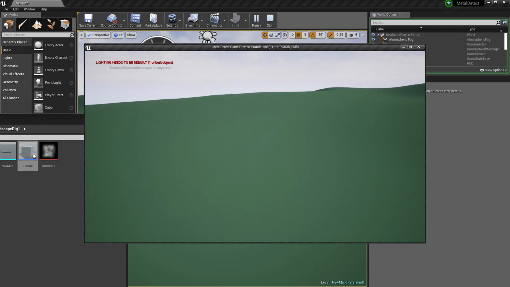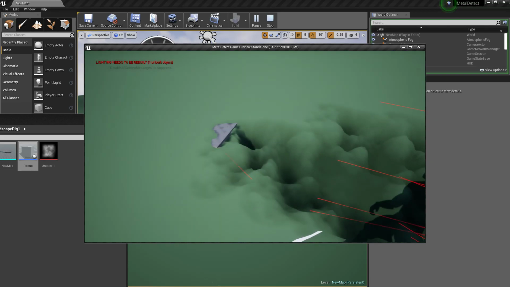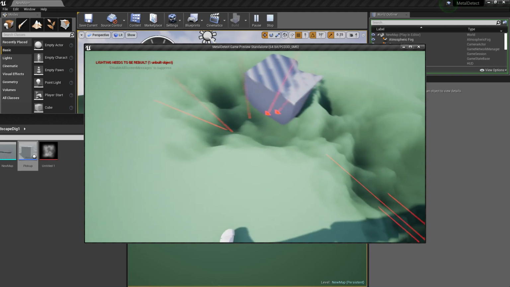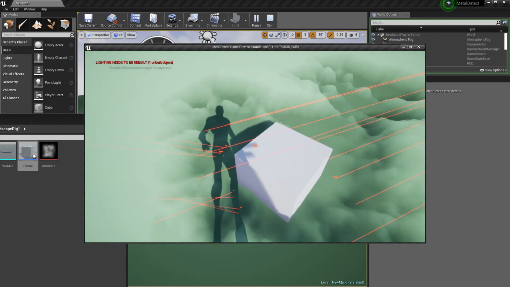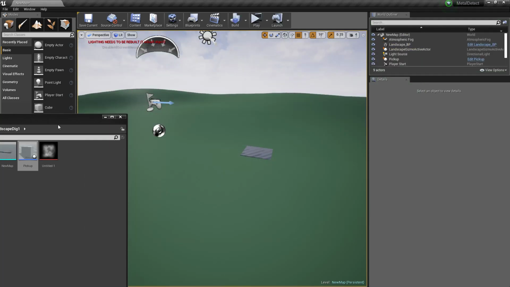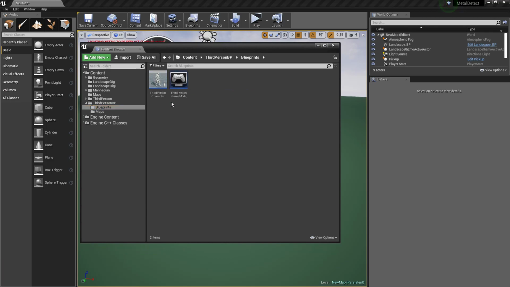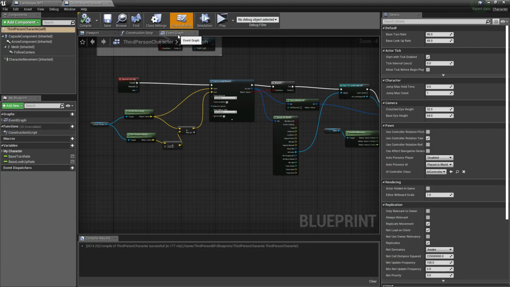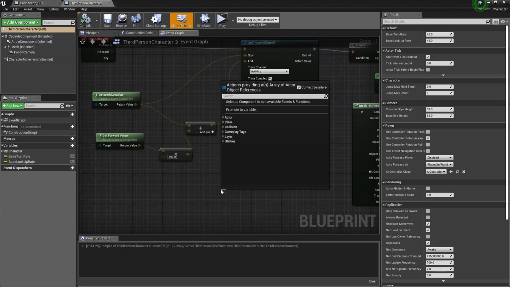At least I thought I was going to know where it is. Ah, okay. So you see that there? So I'm able to dig around it and do that. And a cool way to kind of fix the issue I was having, because the trace was actually detecting that object, I can do actors to ignore, make array,